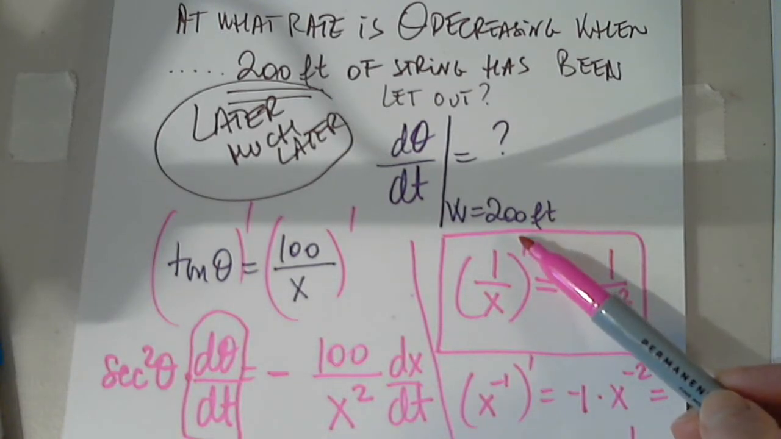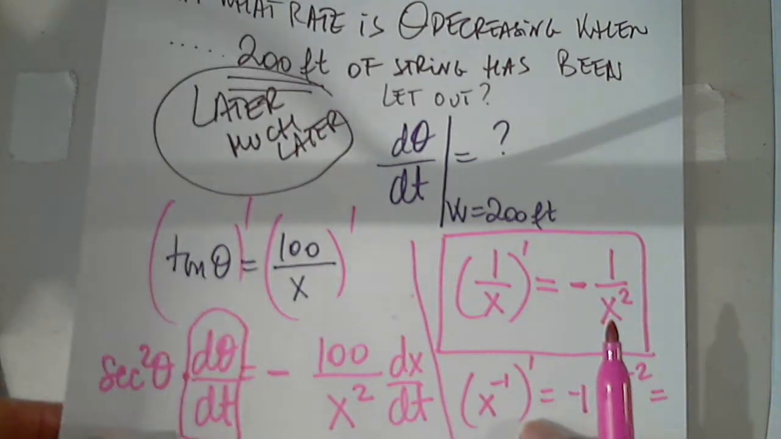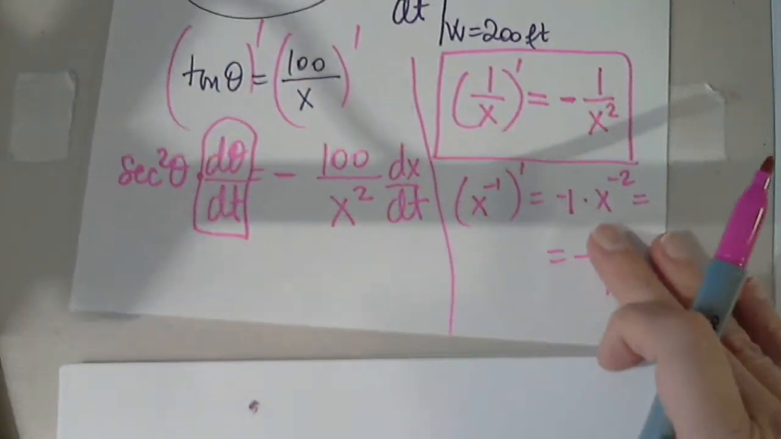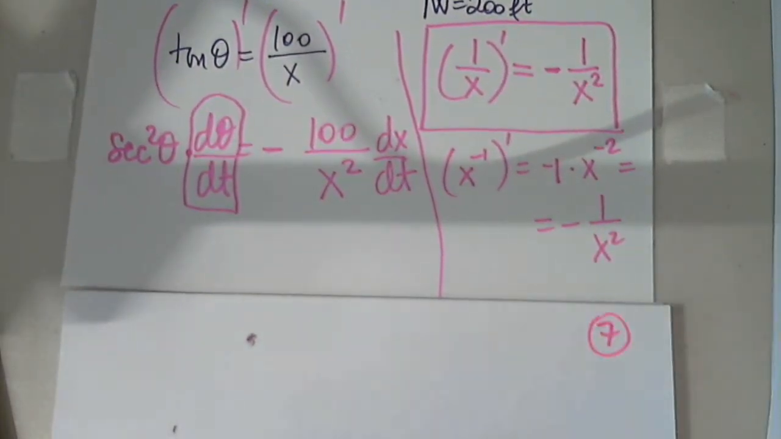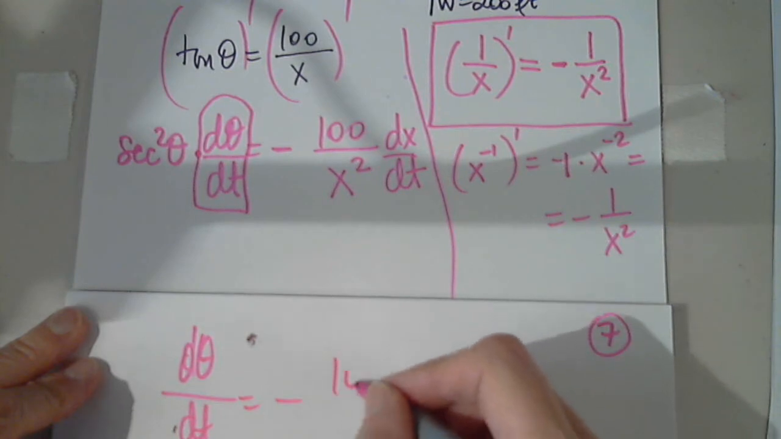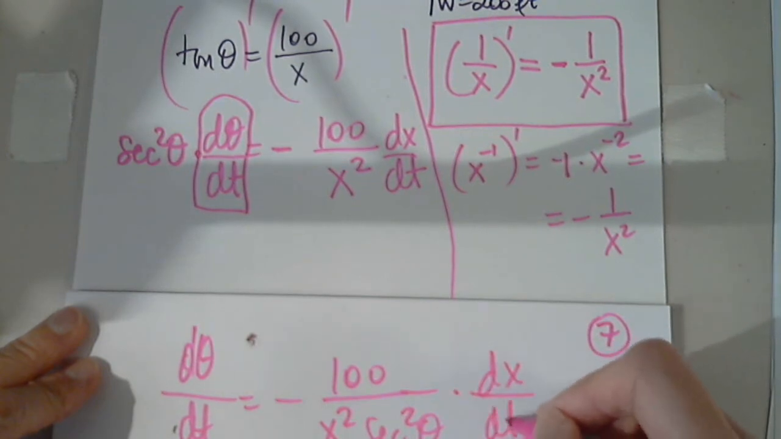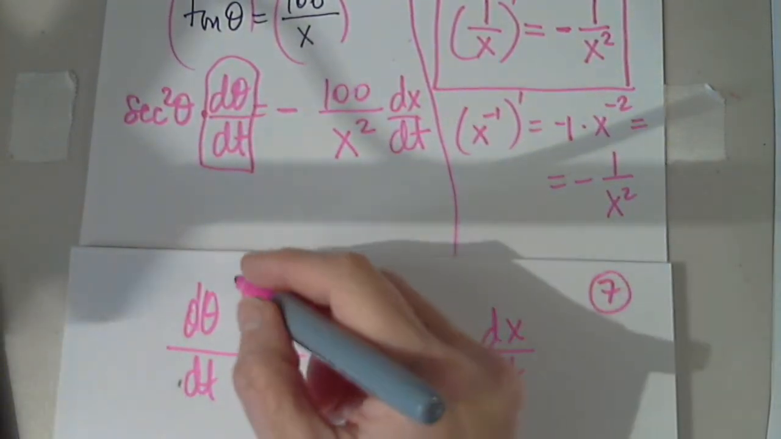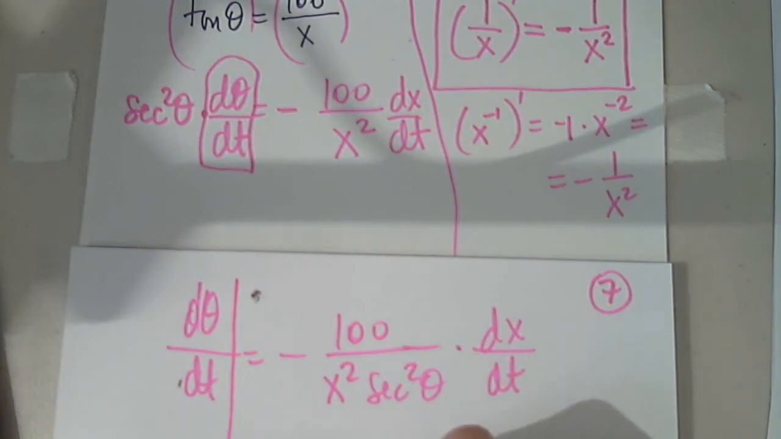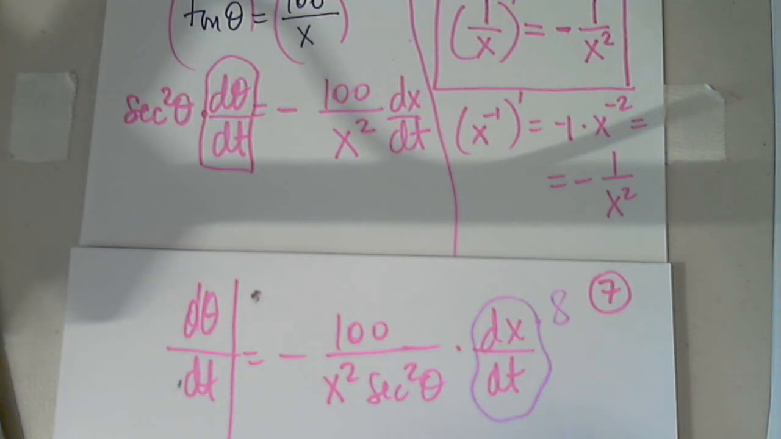But I know that w is 200. So I still have some calculations to perform, but that's okay. So let's solve for d theta over dt first. So d theta over dt will be negative 100 over x squared secant squared theta times dx over dt. Okay, and this is when w equals 200 feet. Okay, fine. So I do have this. It was given to us as 8 feet per second. I do have w,